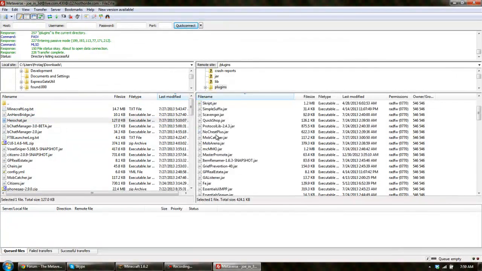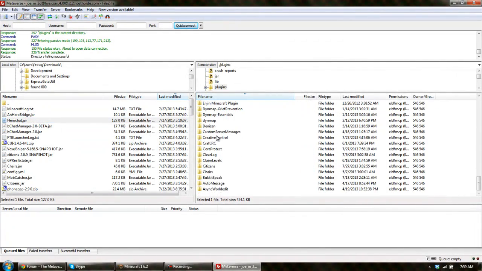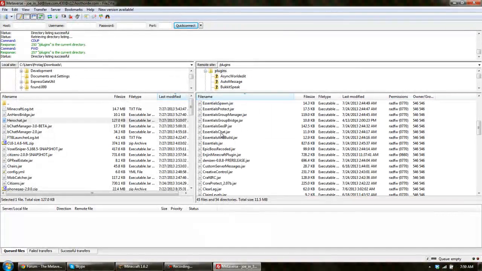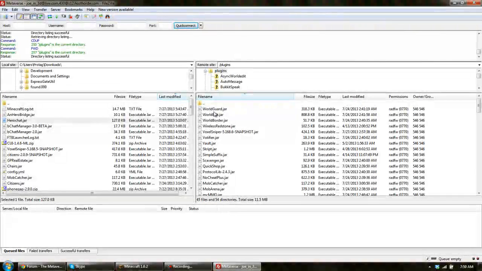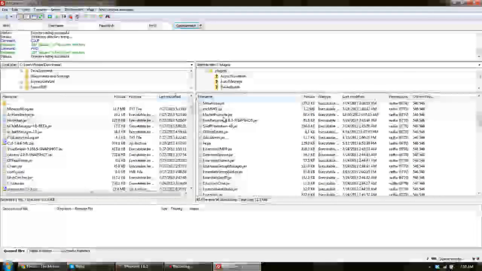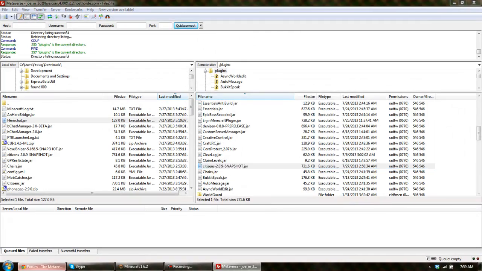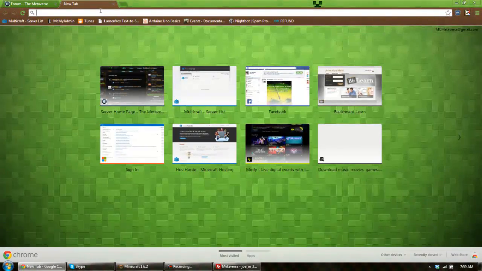So anyways, let's just say I wanted to edit a group's permission. We would go into the corresponding plugins folder. Now these are the jar files. These are what actually makes the plugin work. So if I was to update a plugin, okay, let's do Citizens for example. Now I know that we have the newest version because I just did this one today, but you would type in